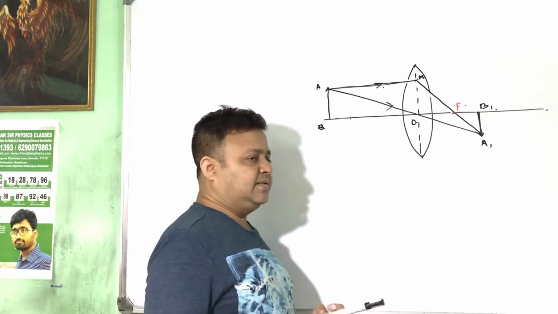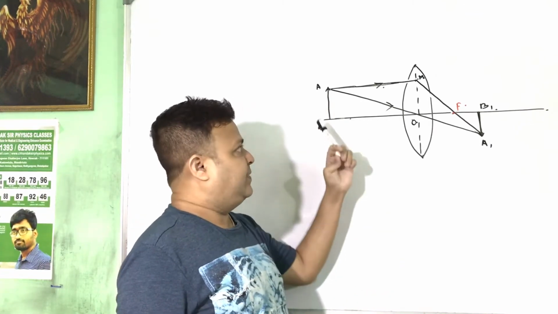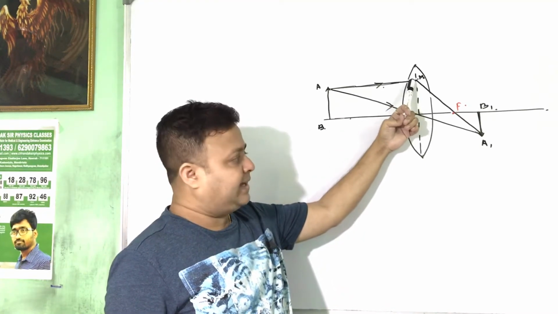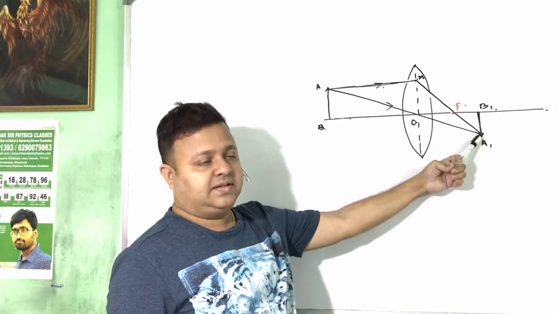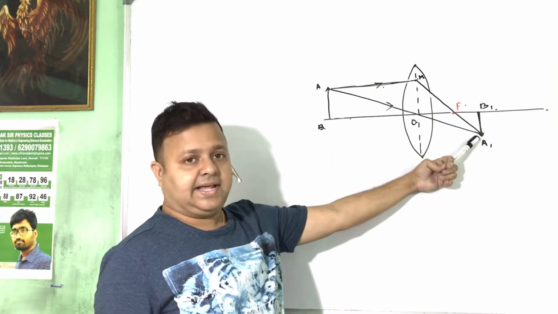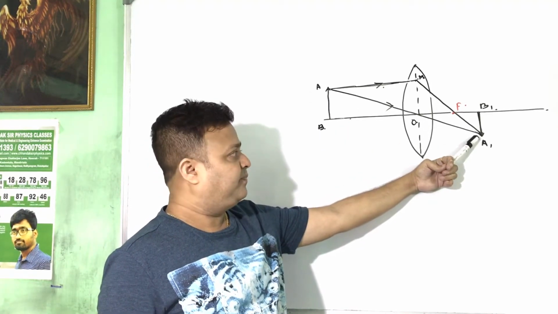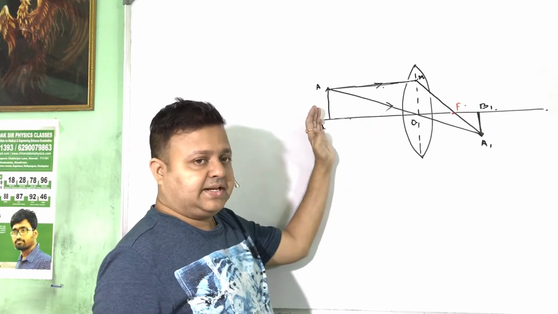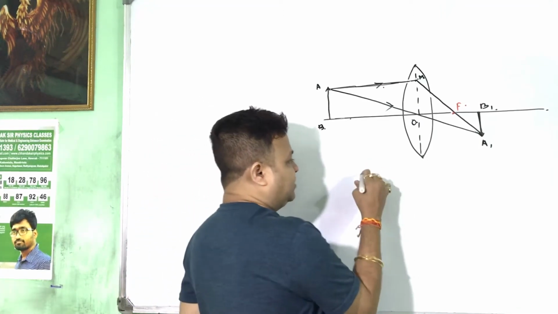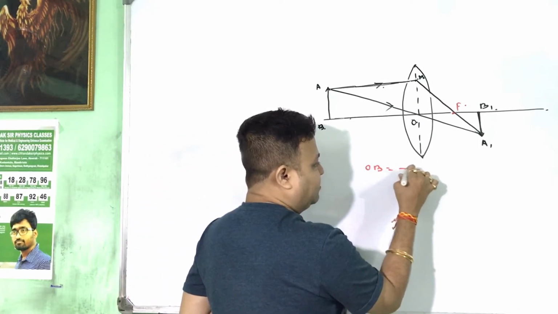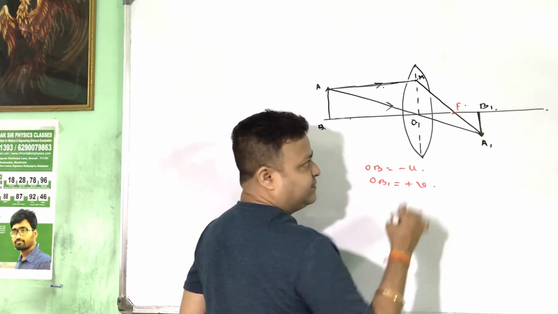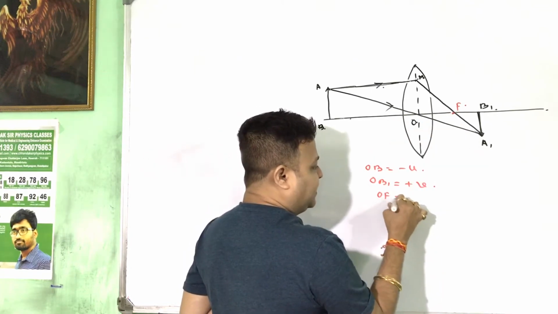জানিস তোরা ড্র করতে জানিস, কারণ ক্লাস 9 বা 10 পড়েছিলিস। AB is the object, after refraction, through the thin lens passing to the focus, an intersection point of the two rays will give the image of the point A, that is A1. The inverted image হবে। তাহলে object is placed in left hand side, positive x axis plus, negative x axis minus। তাহলে here object distance, that is OB, equal to minus u, image distance OB1 equal to plus v, focal length OF equal to plus f।